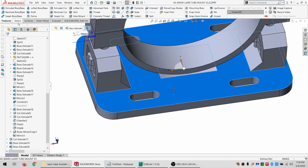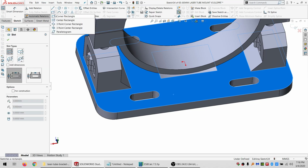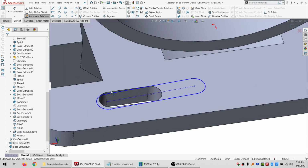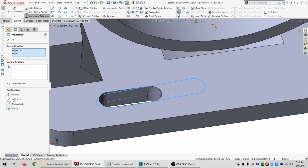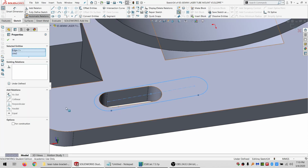So I'm thinking I'm going to start putting a center point slot, and I'll just expand out, and I won't bother making another one. I'll just do it as a pattern. Do a coincident there, set its size, do a parallel there,